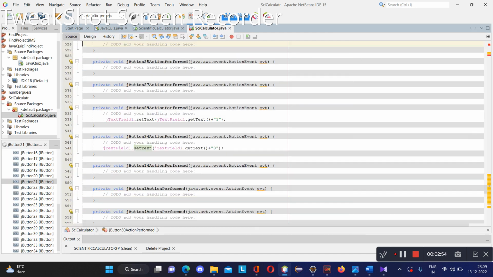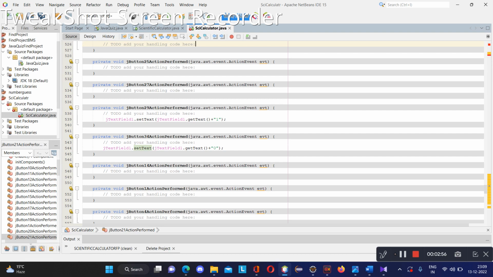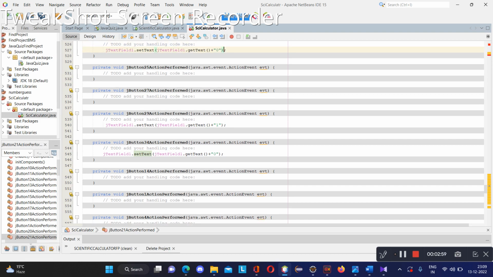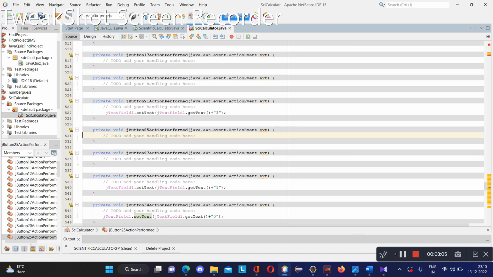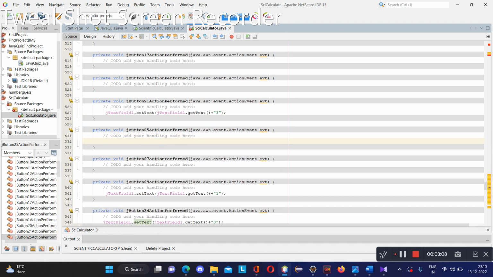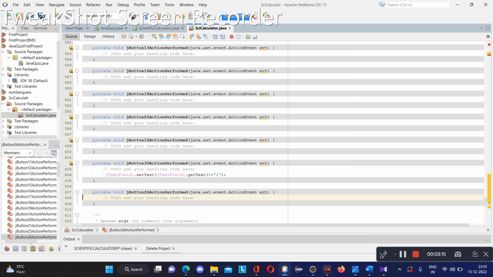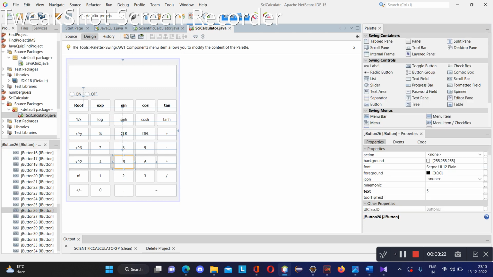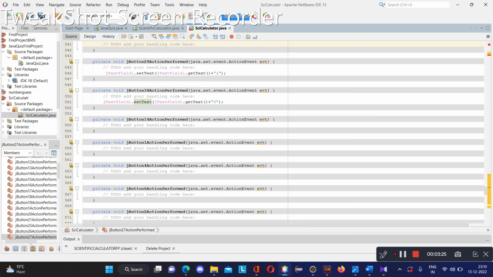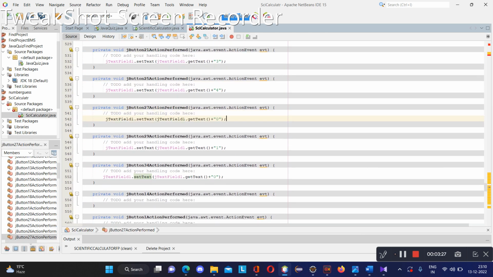Then for 3, here it is, and we'll write 3 here. Then for 4, Ctrl V, 4. Then for button number 5, Ctrl V, 5. Then for 6th, Ctrl V,